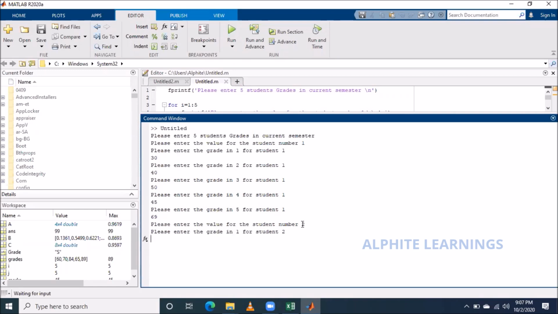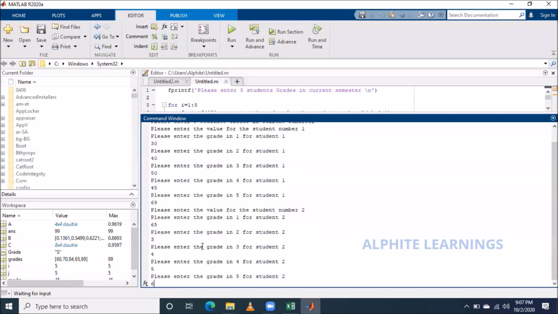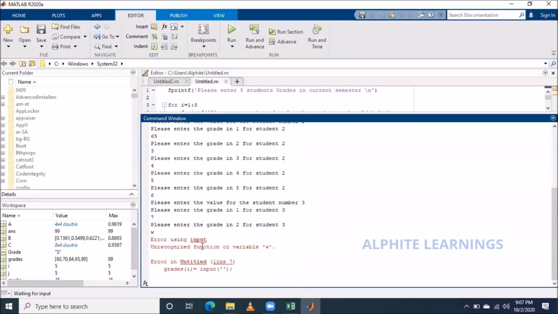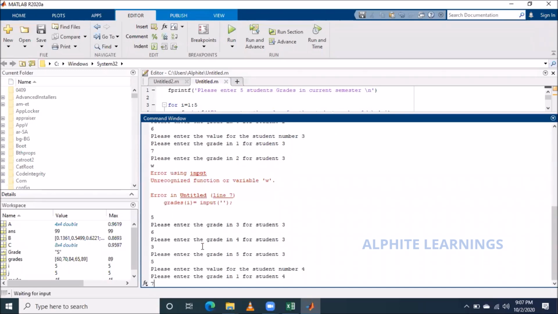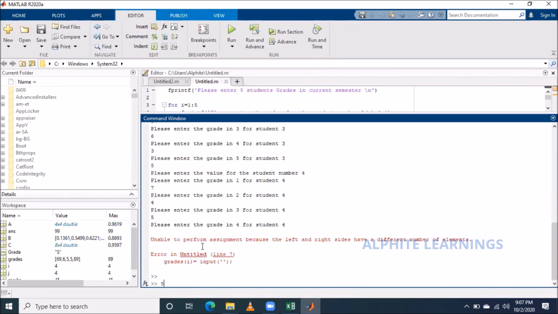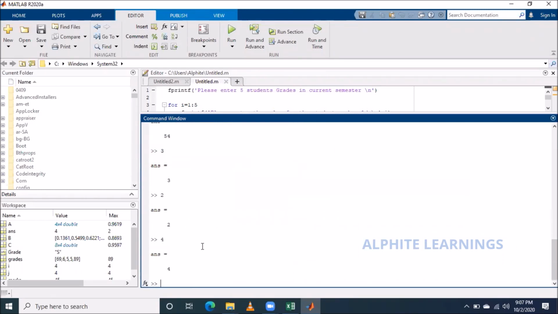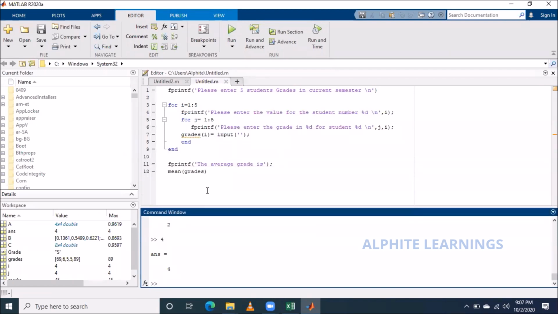Now please enter the value of student 2, first subject of student 2. I want to write the same things. Then student 3. After entering that, it will calculate each grade and give me the mean grade. Right? A loop inside a loop. This is called a nested thing.